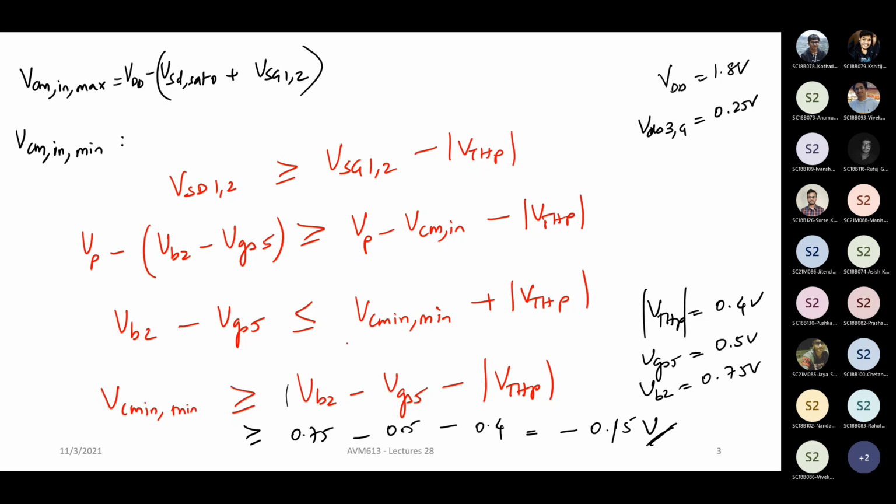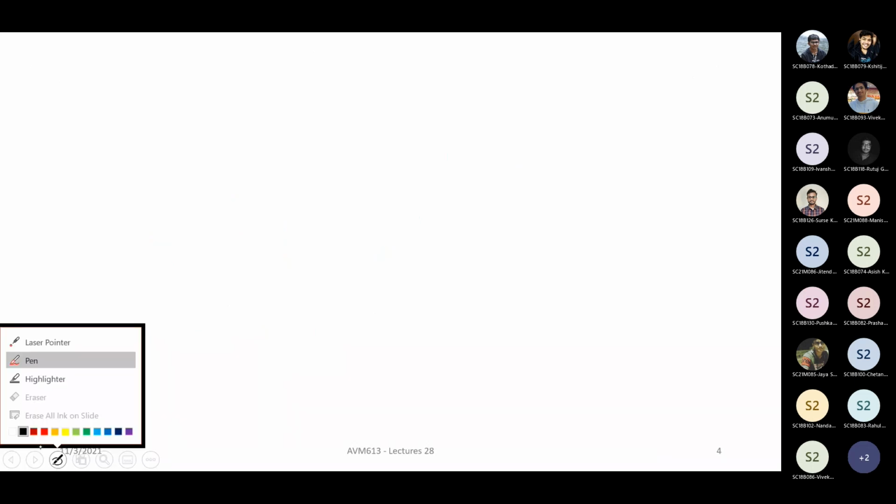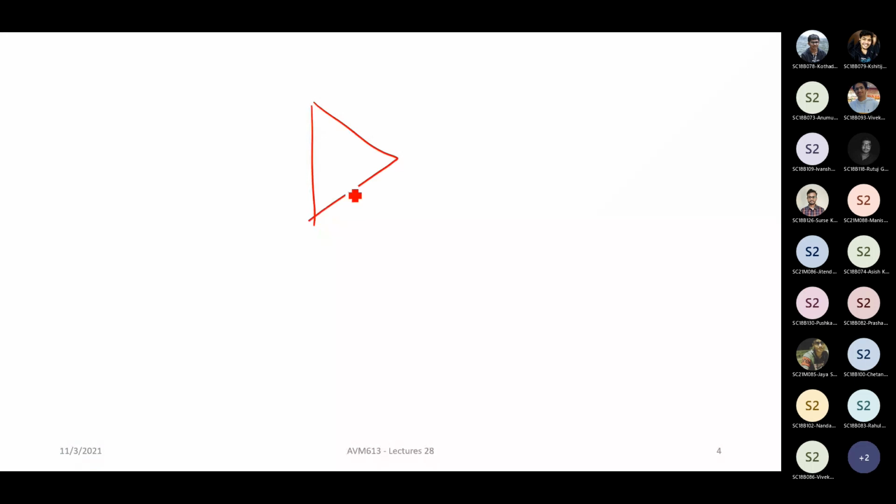What does that mean? It means that even if you give a 0 volt common mode signal, that is to say, you have this op amp, let's say a folded cascode op amp. If you give 0 plus some A sine omega t, and this is 0 minus A sine omega t, with some feedback arrangement, whatever it is, even if you give 0 plus or 0 minus, where this is your common mode voltage, it will still work.